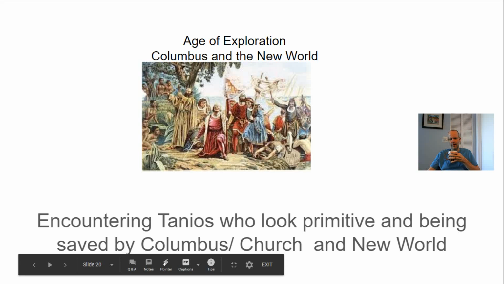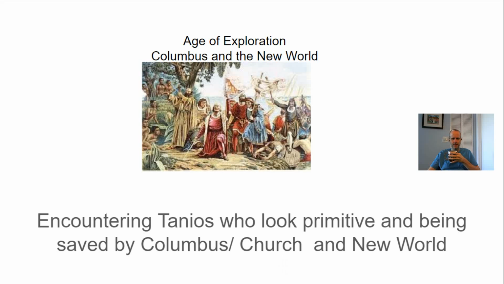So here you see Columbus, and you can do a lot of understanding or analysis of this document. It is Columbus basically kneeling down in the New World, claiming it for Spain, with the Taínos people in the background looking almost inferior to the claiming of Columbus coming in. And then also there's, I think, some religious icon. Yeah, there's also the idea of religion being represented in this picture, along with the conquest of countries